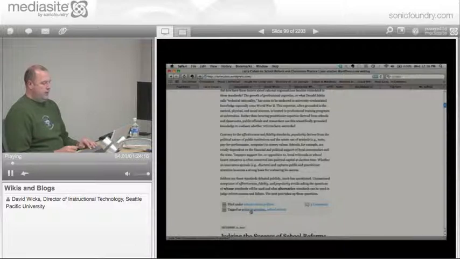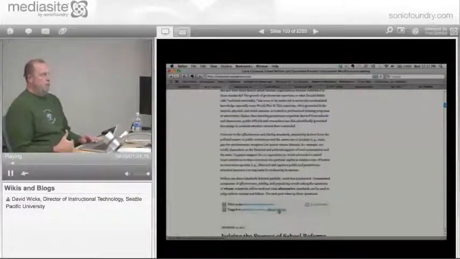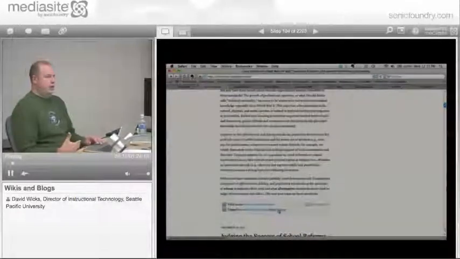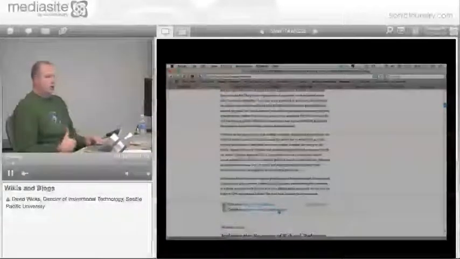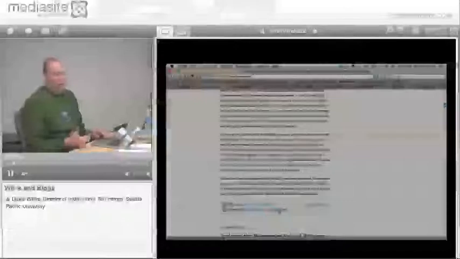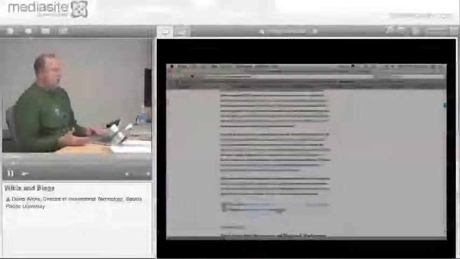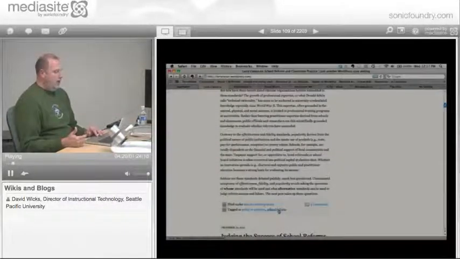In this case, he has a term, policy to practice, school reform. So he's identifying those. Those work both for search engines, so those key terms help find his blog more easily,